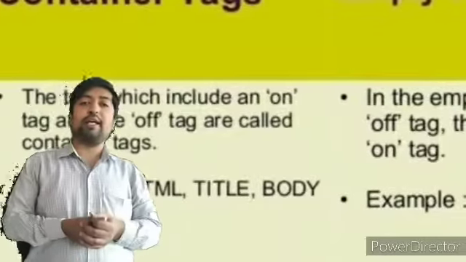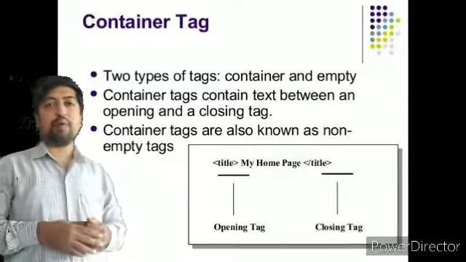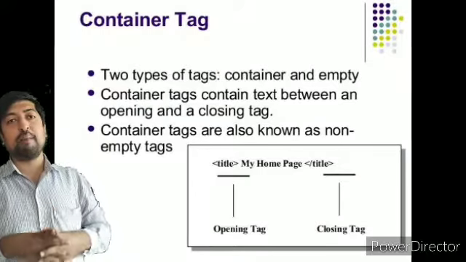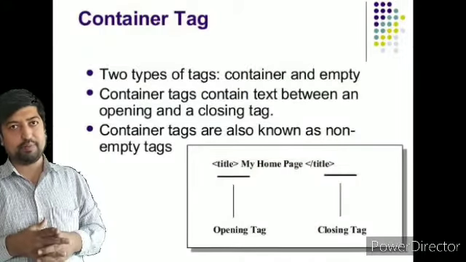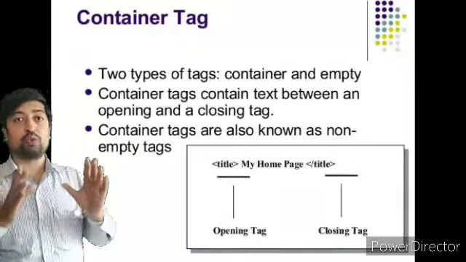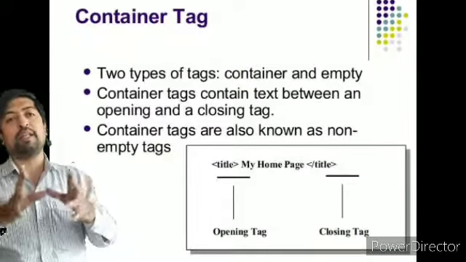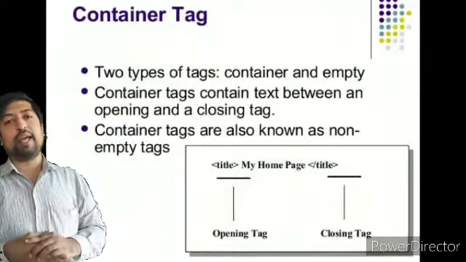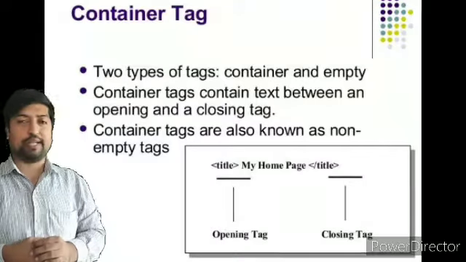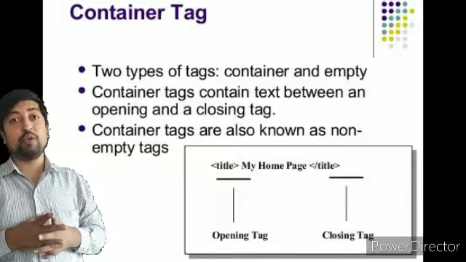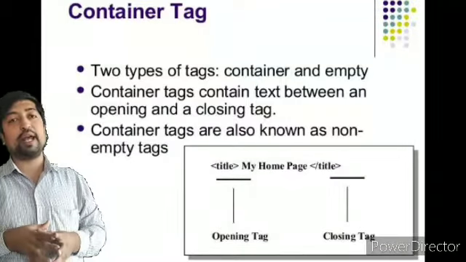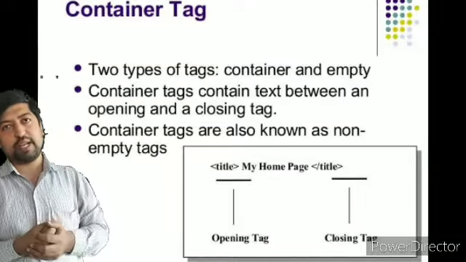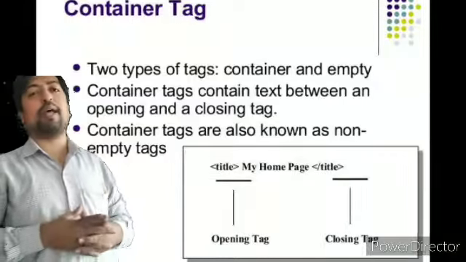The next type of tag is the end tag, or we can say start tag and end tag. It means it is a combined operation of starting and ending the tag. You have to start the tag and you have to end the tag. It's called the end tag, or we say open tag and close tag. Keep it in your mind: start tag and end tag, or open tag and close tag, are different names for that type of tag.